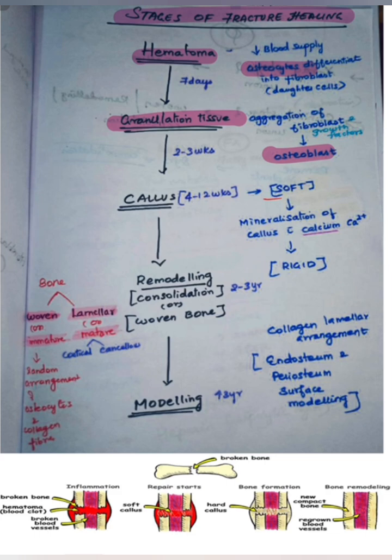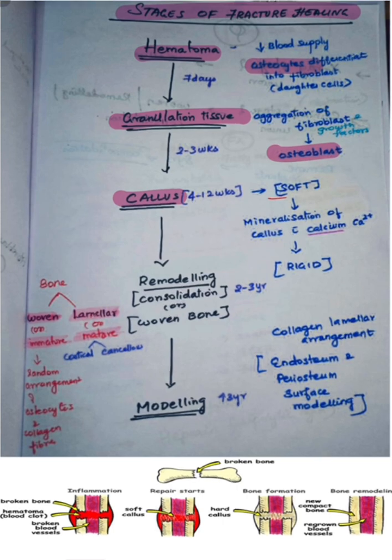And after that, we know that if anything is broken, it has to be repaired. To repair that, there will be osteoblast functioning, which will form callus. Callus is nothing but a fibrocartilaginous material which is made up of collagen fibers. The function of a callus is to bridge between the two broken fracture sites. It will bridge the fracture site and try to repair it and build it up to form a new bone